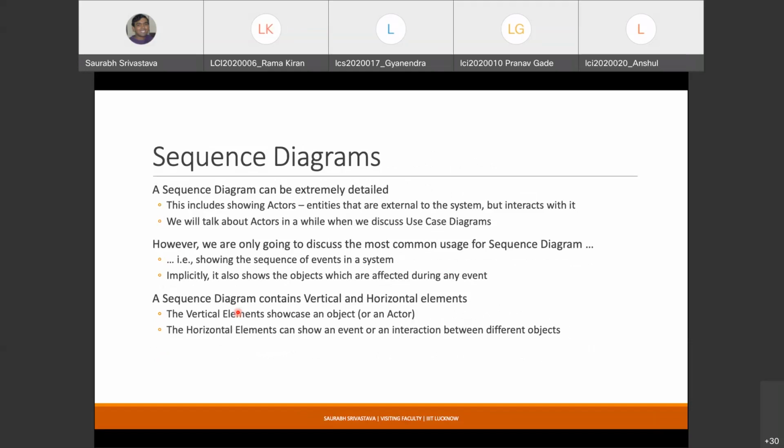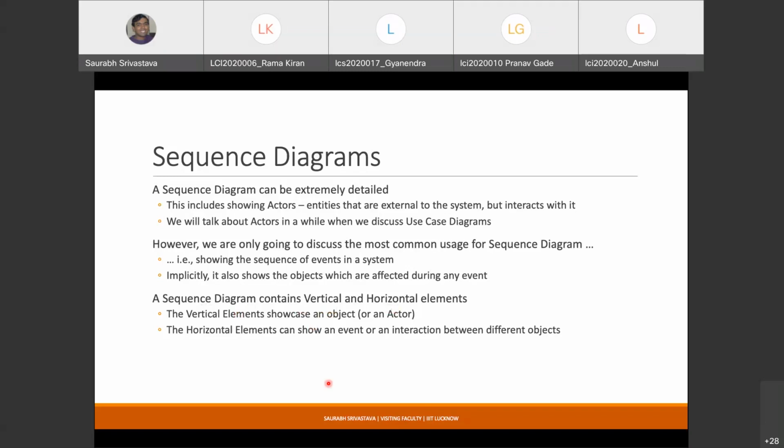We are basically trying to learn some UML so that whatever projects you guys are building, you can express some behavioral details about your projects. So in our version of the sequence diagram, which is a very simple version, the only thing you have to understand is that a sequence diagram consists of vertical and horizontal elements.